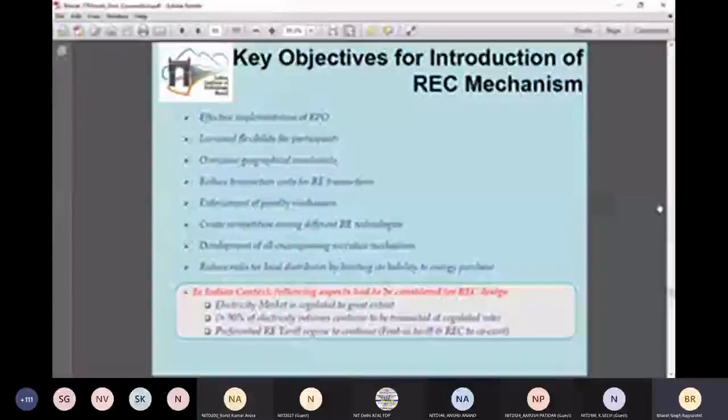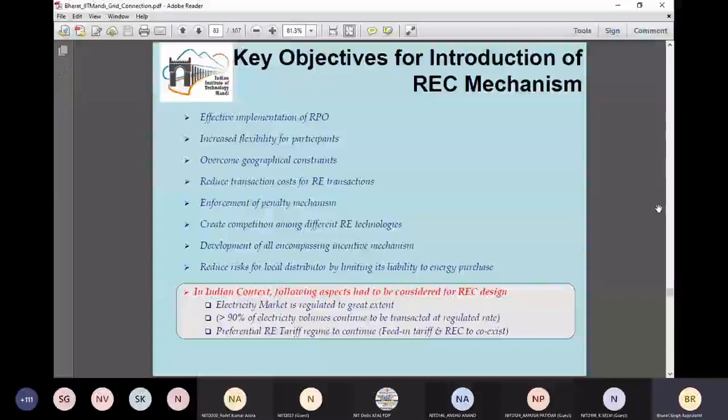Another problem was that the preferential tariff mechanism or generation based incentive mechanism are able to provide a steady and stable income or profit to the renewable energy producer, but is there any other mechanism by which they will be able to make more profit, or a competition can also be brought in between the renewable energy sources? So by considering these factors, and especially to meet the RPO requirements, a renewable energy certificate mechanism is introduced.